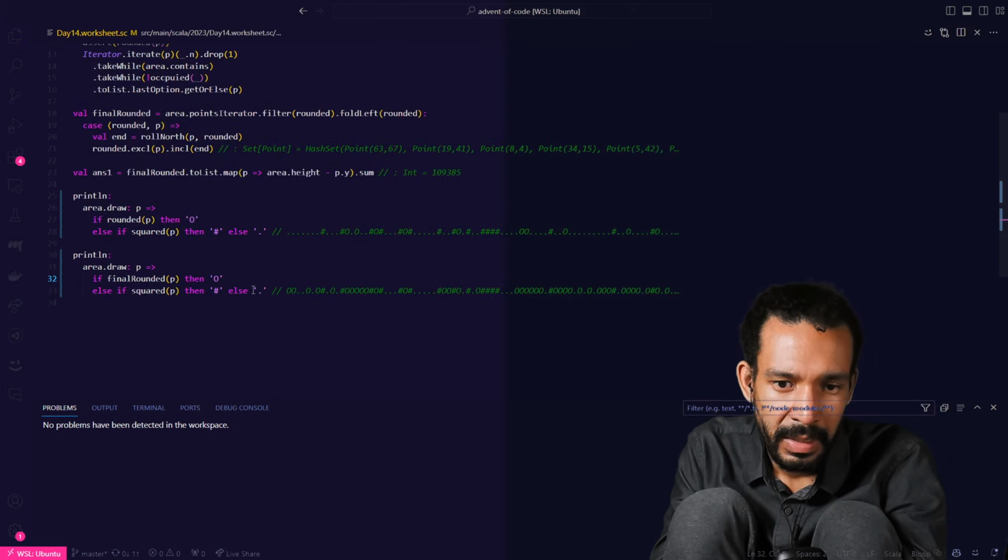We're assuming square. In fact, you could write that as an assert area dot width equals area dot height, just in case it breaks that code. Okay, and generally for rotating clockwise, you take negative y and then x. So we look at how far above